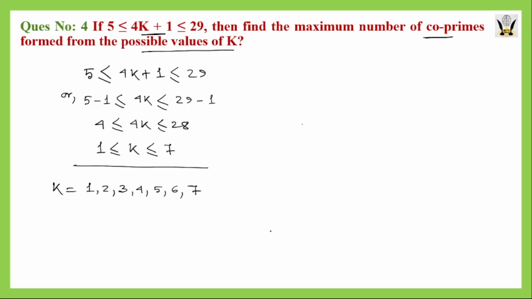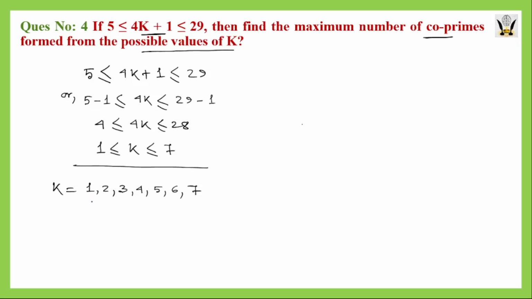Then what will be the possible values of k? Between 1 to 7, any value. So 1, 2, 3, 4, 5, 6, 7. All these 7 values are possible for k. Now, based on these possible values of k, we need to find the maximum number of co-primes that we can